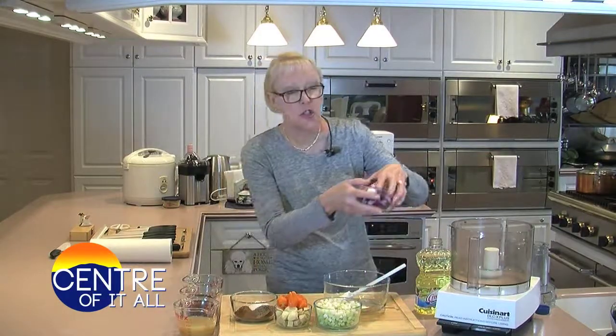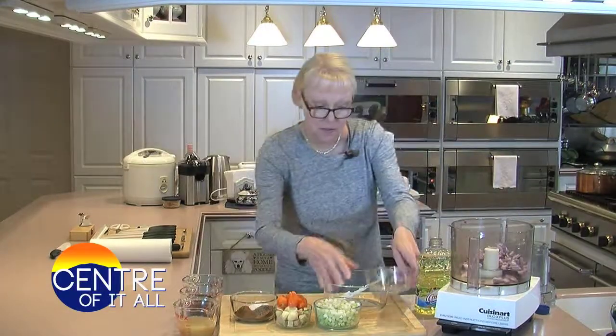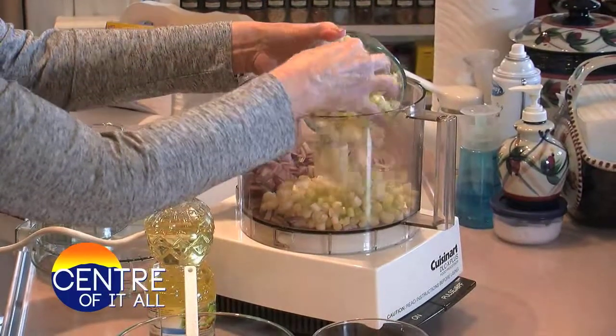Jerk is a style of cooking native to Jamaica, and anything can be jerked. But it always starts with a wet marinade or a pasty rub, whatever your preference is. I make the marinade. I'm going to start by adding 2 cups of chopped red onion to my food processor, 2 cups of chopped scallion,